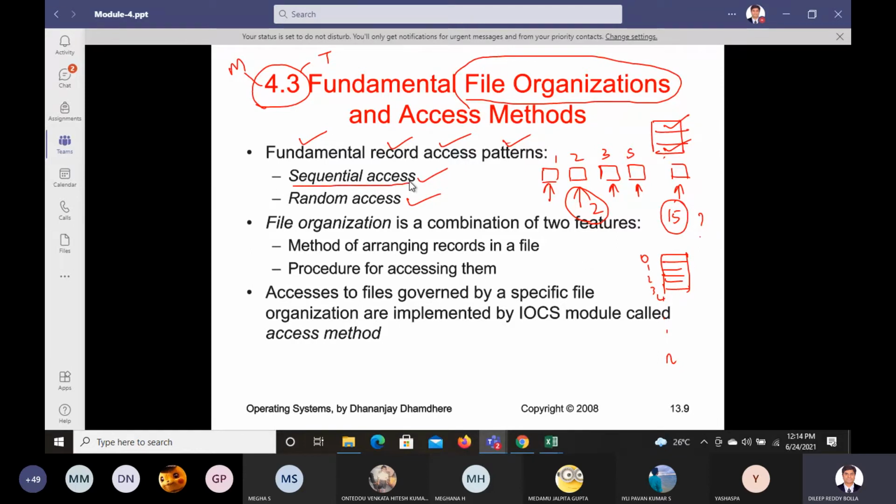You're going to search for it in a sequential manner. And random access means what? Randomly we check, we do not know where exactly it is. Sometimes you will do that, right? You take some certificate of yours, maybe from your 10th class or +1 +2, and you have kept it in your cupboard, and you have shifted your home from one place to another, then you have to find the document. How do you do it? You keep searching one by one in your cupboard, right? You search in a sequential manner or in a random manner, here and there.